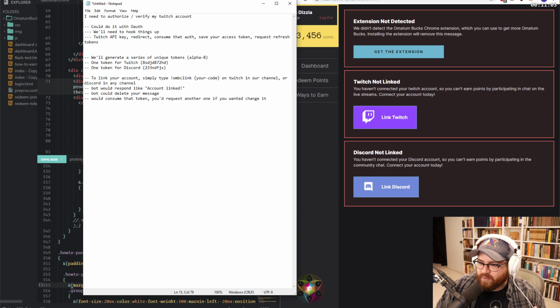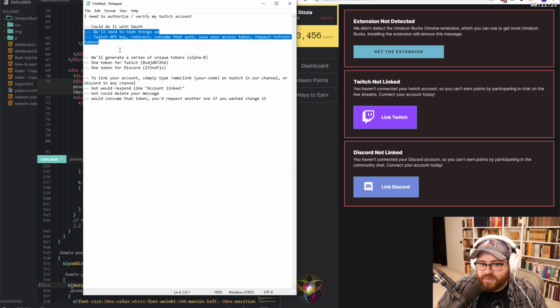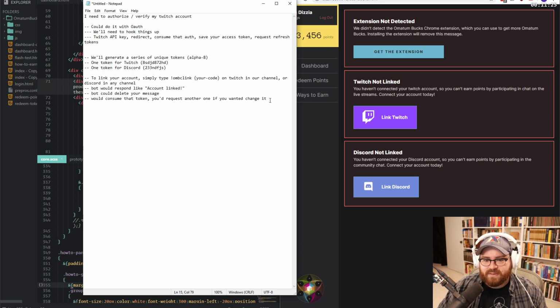So if you're like, okay, I changed my username and for some reason this link is broken now, okay, then just request another token from the settings and then relink it. And you could maybe even do delinking, which makes sense to me. So this is such an easier approach, right, than doing the OAuth approach. And obviously this is the same thing. Lets us do other stuff now, like these